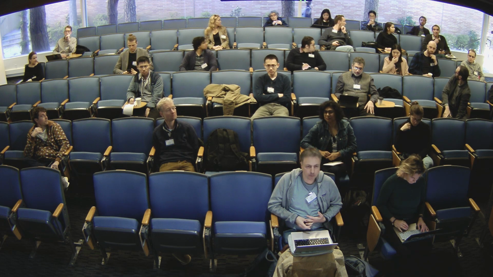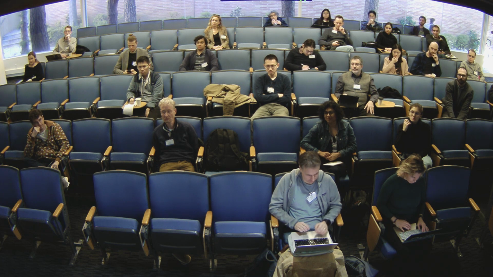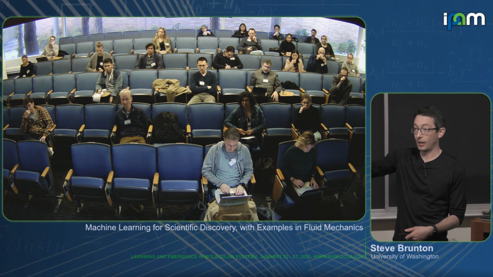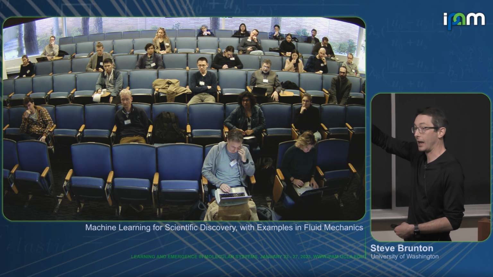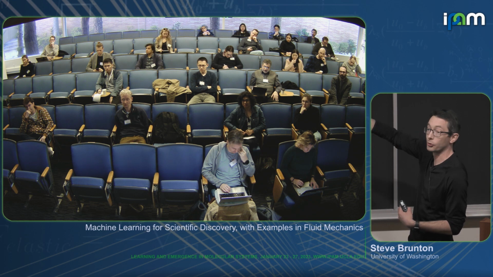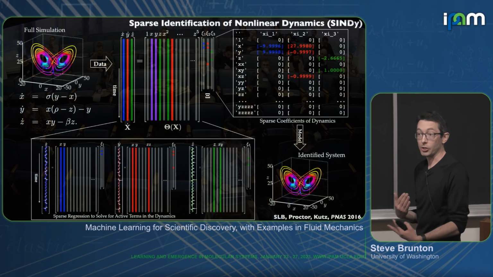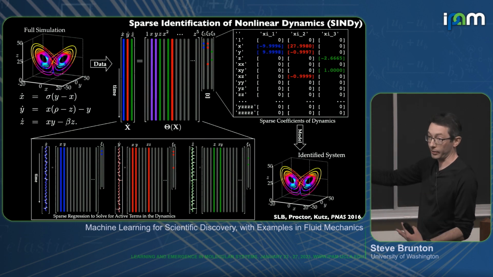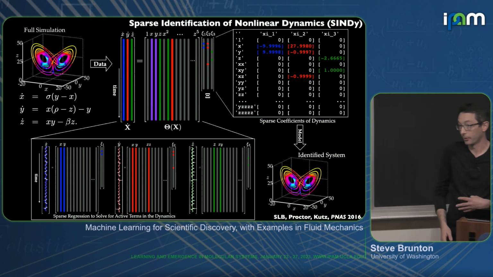Yeah. Maybe it's obvious, but what if it's non-autonomous? Yeah, so I'm showing the vanilla kind of baby version. You can add all kinds of interesting things to this library. You can add time dependence, so you can add literally products of t times x or sine of t times x or whatever. You can add control inputs if you have actuation and control. You can add bifurcation parameters, some beta parameters that control the Reynolds number or the Mach number, and we've actually done most of those things in this 2016 paper.